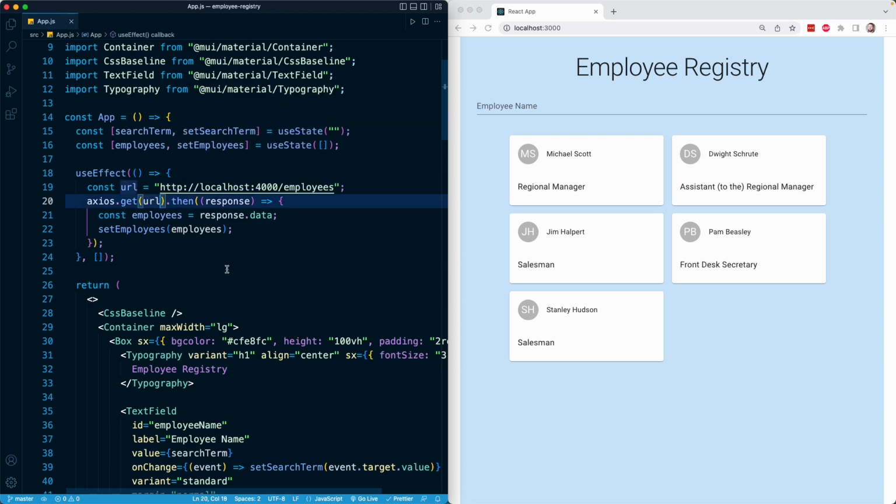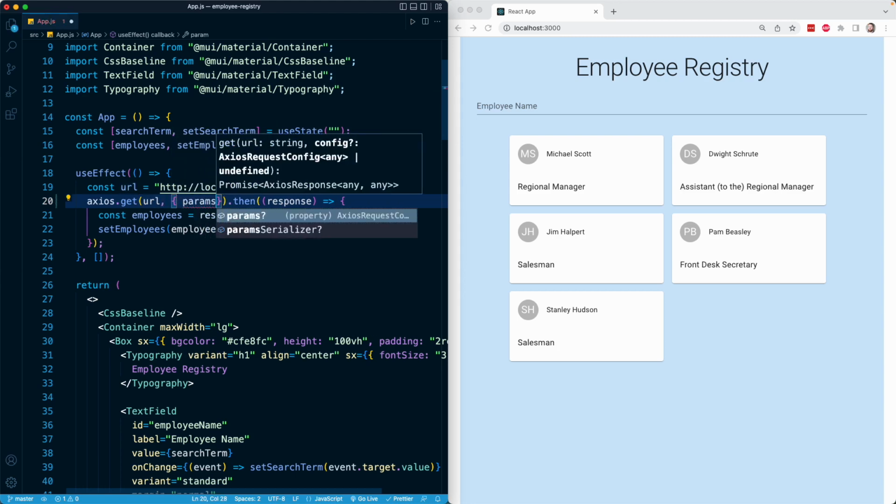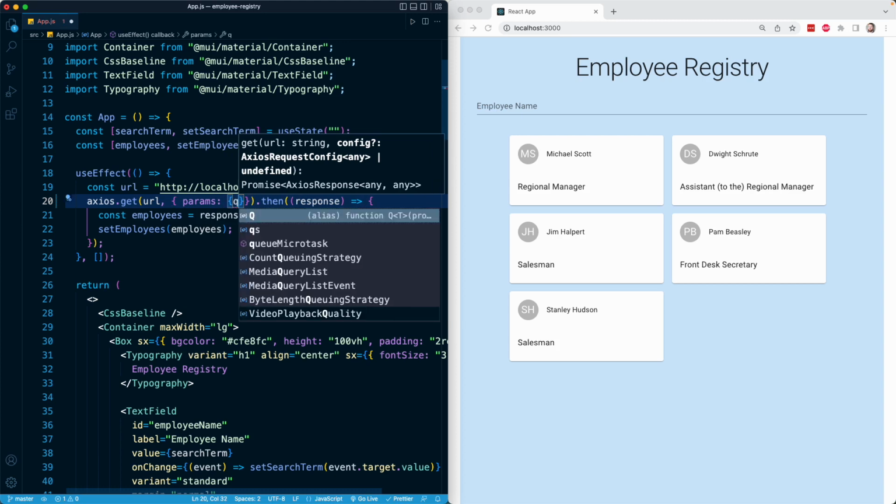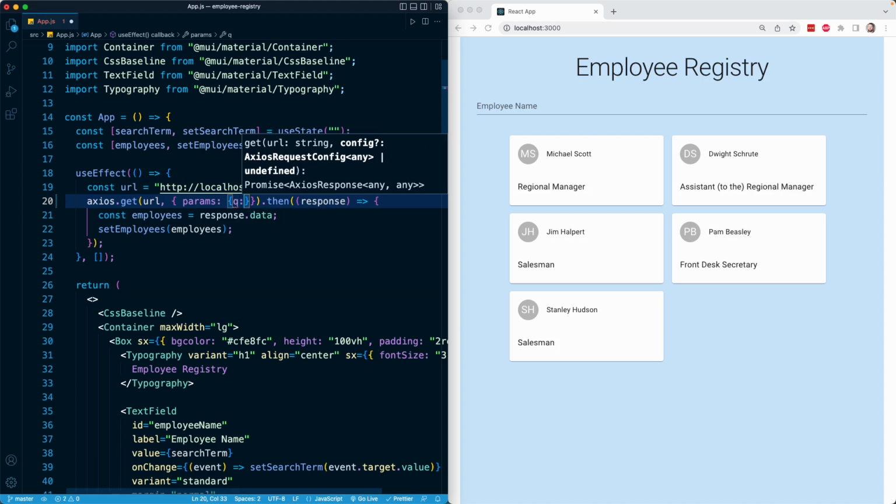And right here, I'm going to provide that configuration object. That's going to be the second argument to the get method. And it's going to be an object with a params property set to another object. And that object will need a parameter of Q that is short for query, and that is just a JSON server implementation detail. And query expects the actual string that JSON server will use to filter data from at that endpoint. So when we are hitting this employees endpoint, we can provide the search term that the user has typed